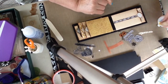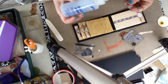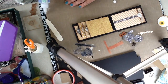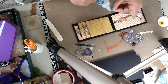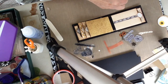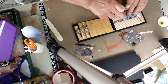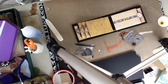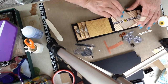Sometimes just a little bit of an embellishment is enough. I'm not going overboard on the cover with this book, but it'll still look very nice. Alright, I'm going to add this little flower to the center of my band here. And then be able to slip a photograph or a journal card